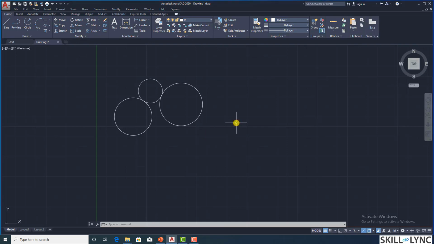Now let's look into the draw commands that are available to us, and let's start first off with line. But before that, we'll also look at two features that we are going to look into today: the erase command and the oops command. We already have drawn some good circles here. Let us try out the erase command here. For that, you type in erase